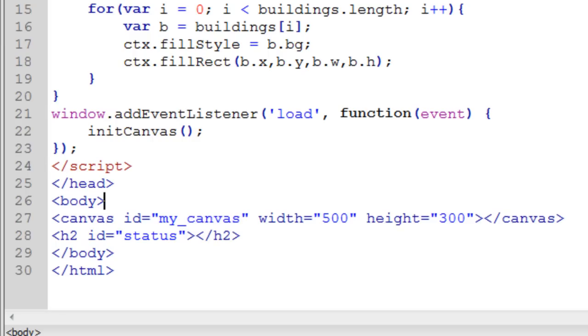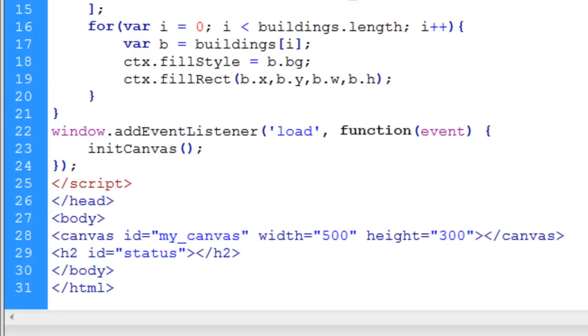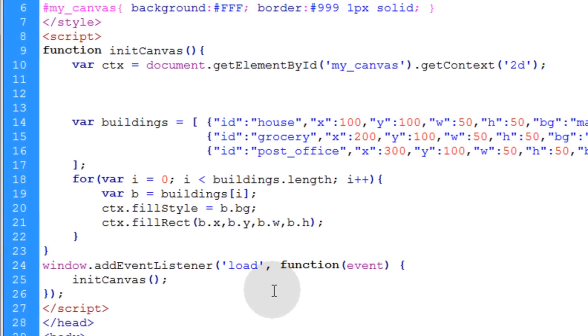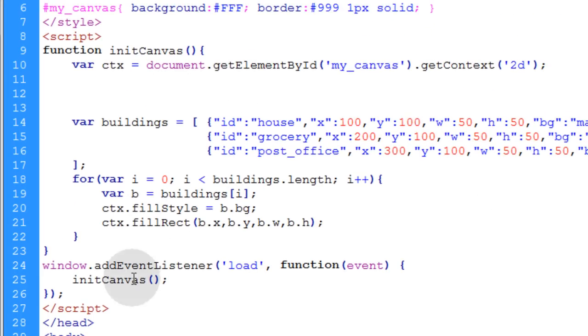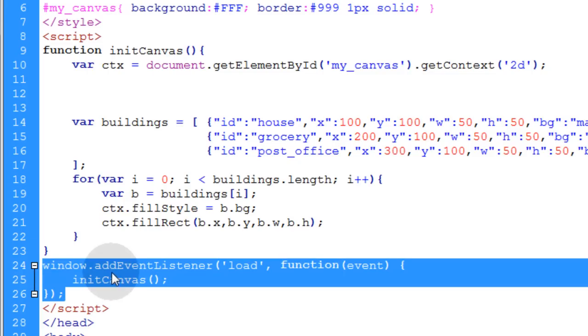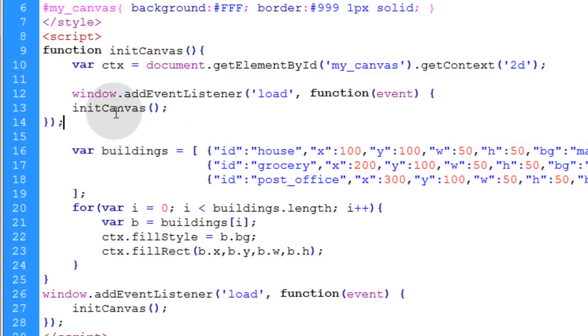Now the first thing that we're going to add is a mouse down event, which also works for fingers on a tablet. So you can think of it as finger down as well. So what we'll do is just grab this window add event listener, and we'll pop it up here into place. Make sure we indent it correctly. Actually, we'll just remove that code. And we've got to make sure that we target the canvas. So we'll say